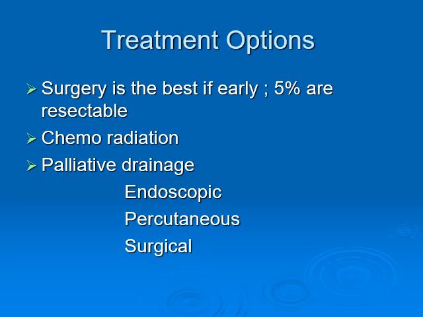Treatment option: surgery is the best if early, only 5% are resectable. Chemoradiation is another option, and it's another method for downstaging of the case. And we should know that pancreatic cancer is very aggressive. Palliative drainage, endoscopic like stenting, for example, if it is not feasible, we can do it percutaneous or surgical, which includes surgical bypass for the biliary tract and for the stomach to avoid gastric